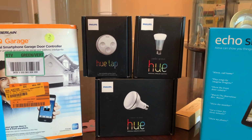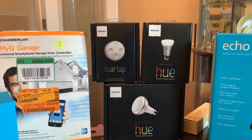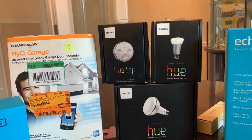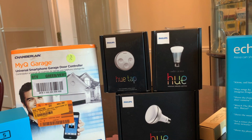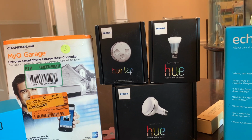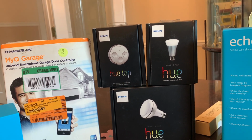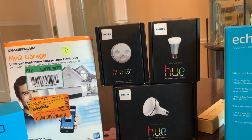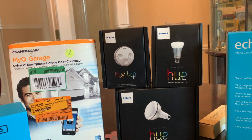Next thing I want to review is the Philips Hue line of lights and switches. Now I have a few of these switches, about 12 to 13 lights that I've set up all around the house. They work very well. They change color, they can work as a dimmer, but they are not inexpensive. So you would have to pay a good amount of money if you want to replace all your light bulbs